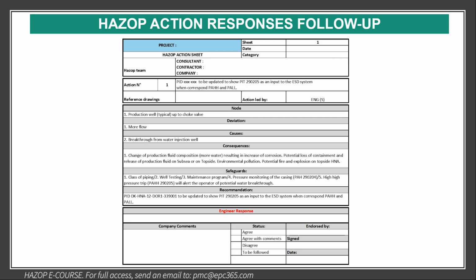Then here there are company comments. The company can give a comment here, and the company can say agree with comment, disagree, or to be followed in, for example, the next phase of the project if not finished, and it should be endorsed by a company representative, and it can be several people, but it is a formal closure of the